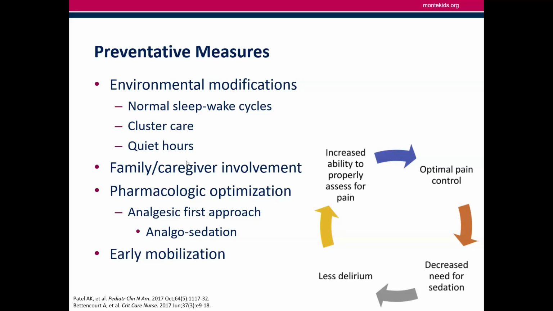Looking at any pharmacologic optimization. So there's an approach, an analgesic first approach, that really helps prevent delirium. If we control their pain, we can help decrease their need for sedation. If their sedation requirements are lower and they're on lower sedatives, this would lead to less delirium. And then this would hopefully help us to assess their pain better. So this process is called an analgo sedation model. And having this at the bedside and applying this to our patients can really help minimize just overall sedation, but